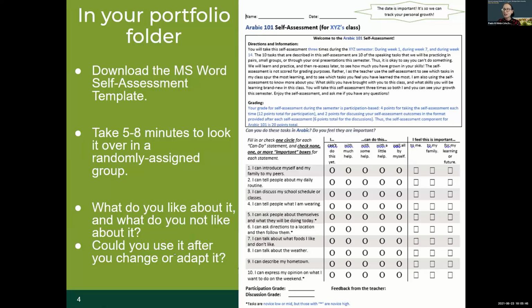And Liz, I'll ask you to put these questions in the chat. What do you like about it, and what do you not like about it? And could you use it after you change or adapt it for your classroom and for your level using your can-do statements? So download it from the Google Drive folder, because if you open it in Google Drive, some of